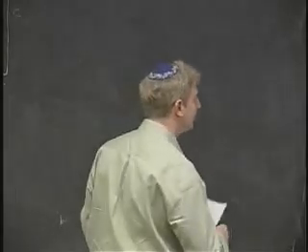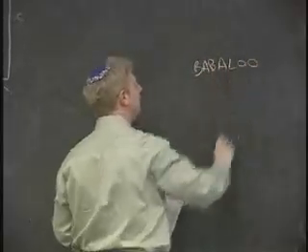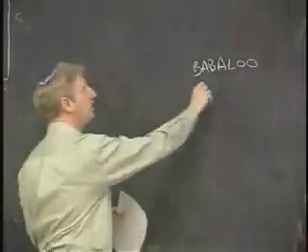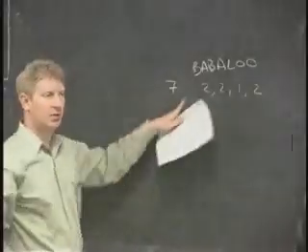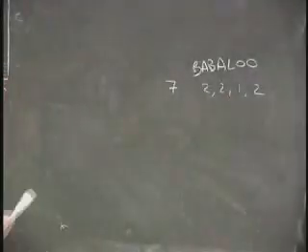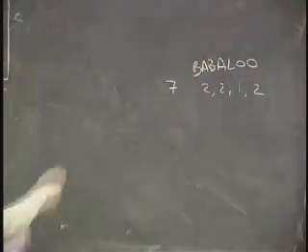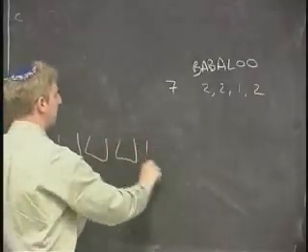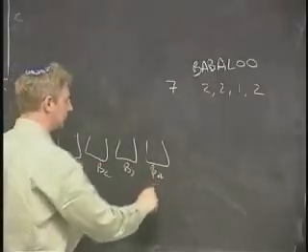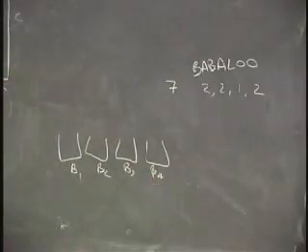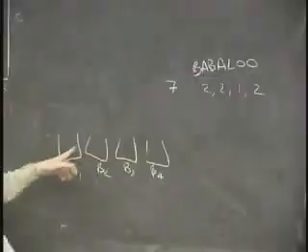Let's go back to Babaloon. Remember, we were permuting this where the types were 2, 2, 1, and 2. We were permuting 7 things, this many types of each. Now, let's say I had 4 boxes here. Box number 1, box 2, box 3, box 4. B1, B2, B3, B4. And I wanted to ask you, how many different ways are there to take these letters and throw them in these boxes